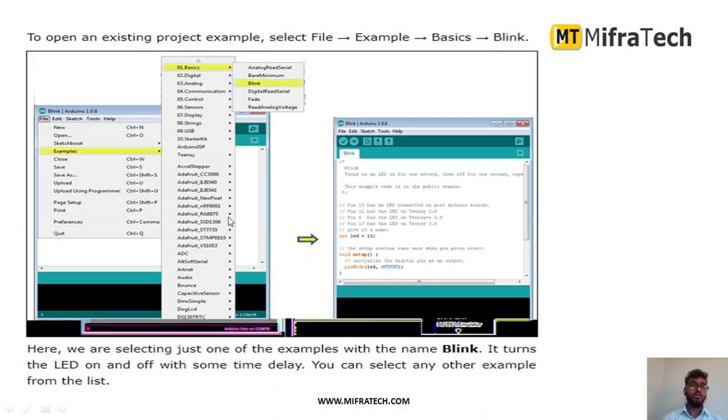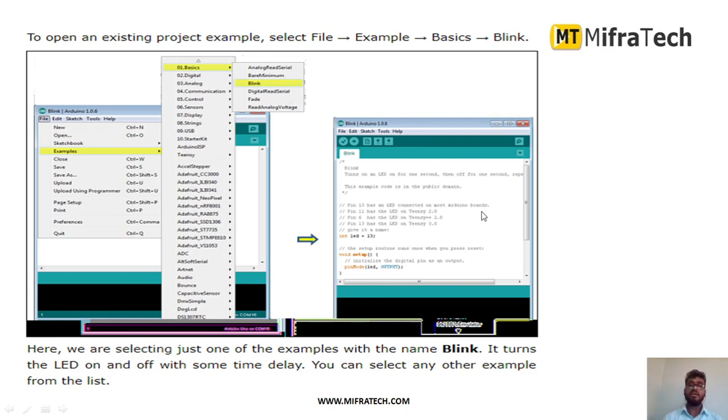There are different inbuilt example programs already available in the Arduino software itself. If you want to open those example programs, again just click on file, and as you can see, there is a fourth option, example. Just click on this example. There are different options available here, like basics and digital. These are the different basic programming examples. I have shown that in basics there is Blink, which is used to blink an LED using an Arduino program. This is an already inbuilt example program.